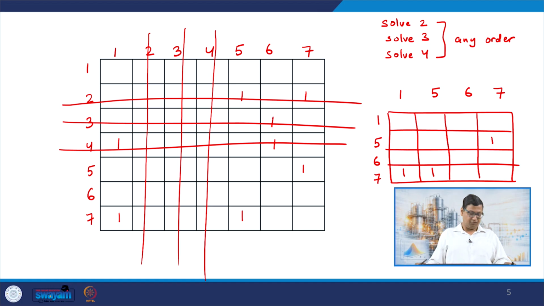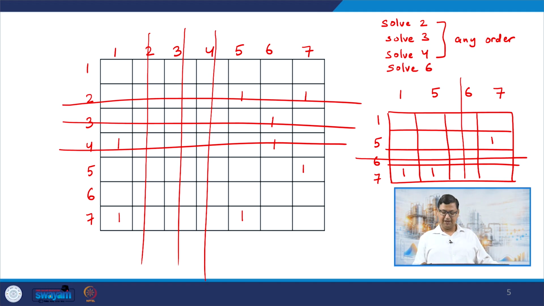Now we again look for the columns containing all zeros in the new matrix, and we find that 6 is containing all zeros. So, we delete the row and column corresponding to 6 here, and we update here solve 6 after 2, 3, 4, and then I am left with 1, 5 and 7, and my reduced matrix is going to look like